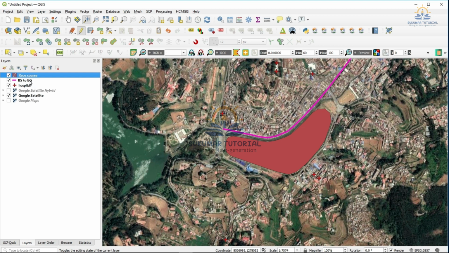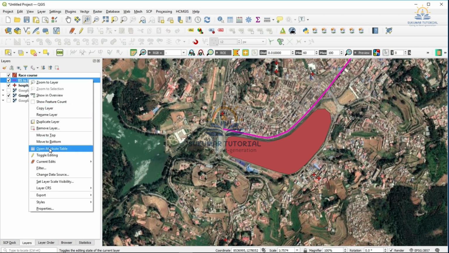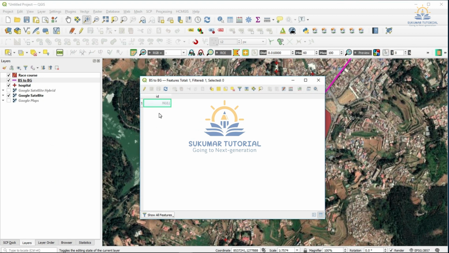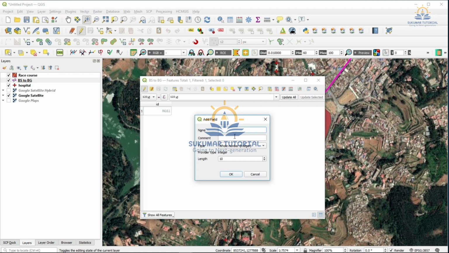Then I wanted to calculate the length of this road. So I go to the next layer, right click it, go to the attribute table, nothing is there. I just make it editable, go to new field, length in meter, one field I created.